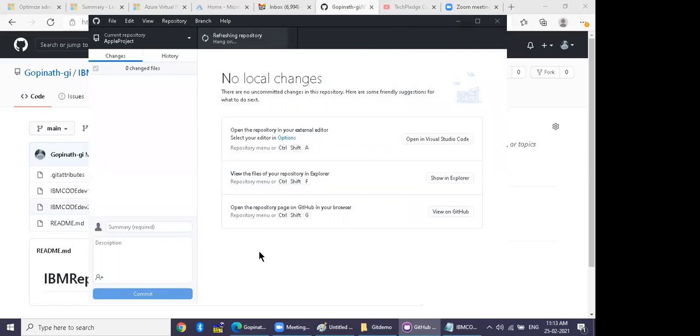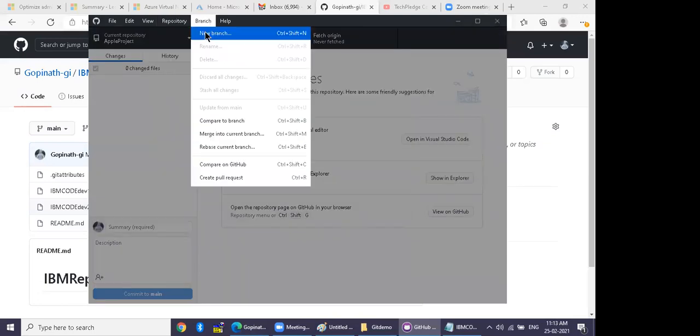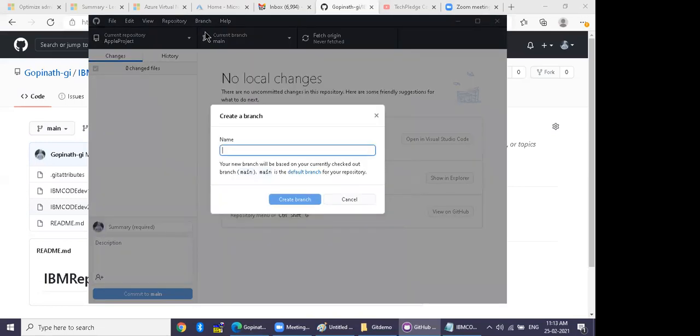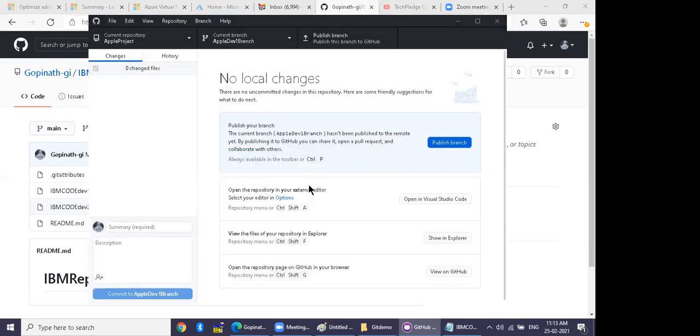So create a branch. Give it a name, dev1 branch, or whatever name you like. And publish your branch. And go and check. Everything is now available on GitHub.